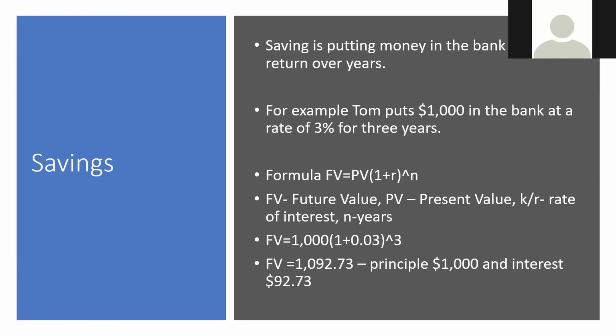Are we good with that? Right. Okay. So it's 1,000 outside of the bracket. Open the bracket. 1 plus the interest, which is 0.03. Close the bracket, and we raise it to 3. Okay. Now, you might be saying, oh, what is this? Okay, so what I will do now,